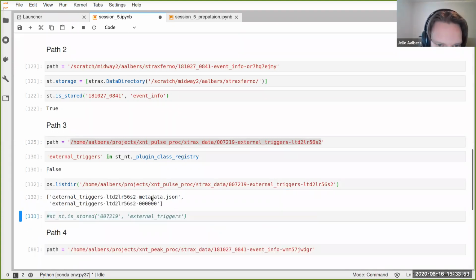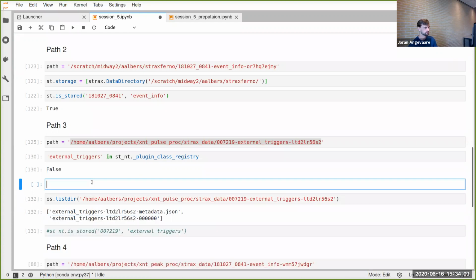Okay, so here there's a JSON file and a binary file, and you're suggesting, let's read this thing and start messing around with it. Well, you can get the compressor from the JSON file, and then you can just decompress it using that compressor. Yeah, exactly.